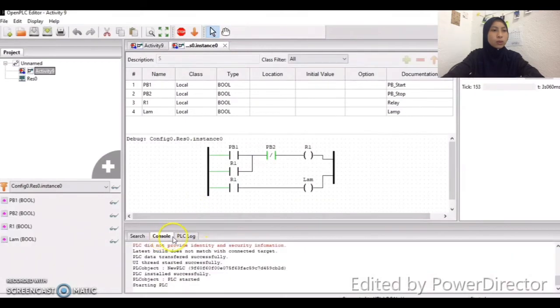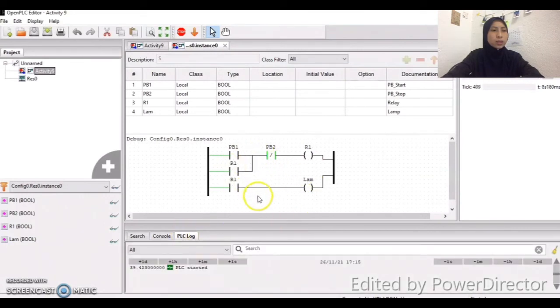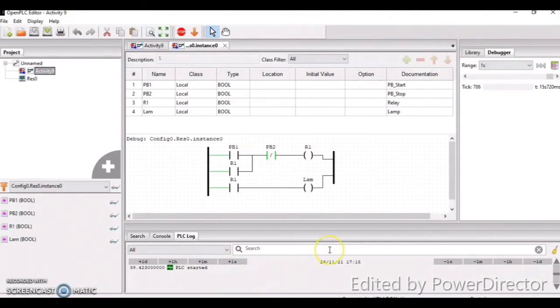So we look at the console and the circuit. If the run is successful, it means the circuit is successful. In the circuit, they have two paths of power rail, which are PB1 and PB2. When push button 1 and negated push button 2 are triggered, this will have an effect on relay 1 and